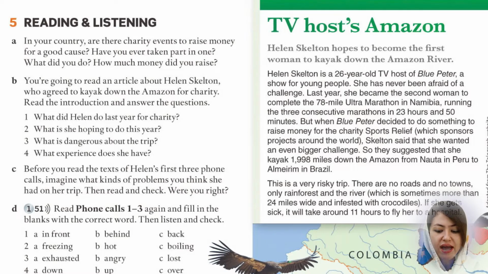So on page 20, you will see a text. Okay, this text is about the Amazon challenge, which is very interesting. Here, again, there are some phone calls in the text. We are going to complete them based on part D, okay, that you see here. We're going to just choose the choice here. There are some multiple choice questions, and we are going to just fill in the blanks according to A, B,